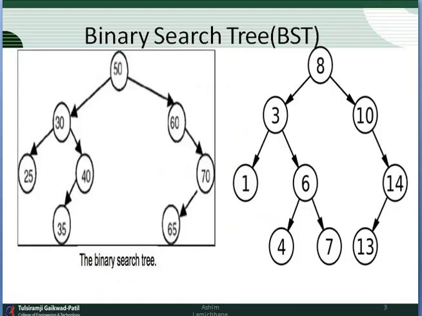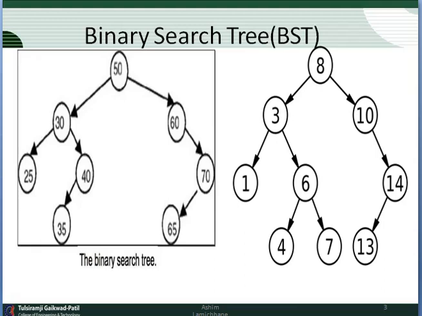See, in the first example on the left hand side, 50 is the root node. Whatever values are less than 50 are on the left hand side of 50. Look at the example properly. On the left of 50 there is 30, and on the right of 50 there is 60. Again there will be a binary search tree on the left subtree as well as the right subtree. So accordingly the next root node on the left subtree will be 30. On the left hand side of 30 there is a value less than 30, and on the right side of 30 there is a value greater than 30.